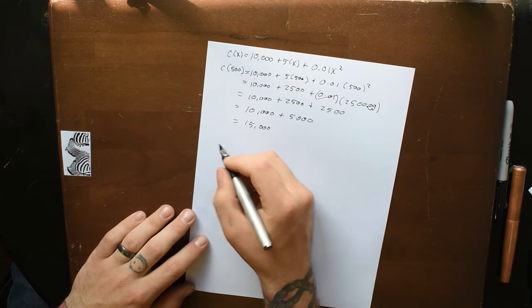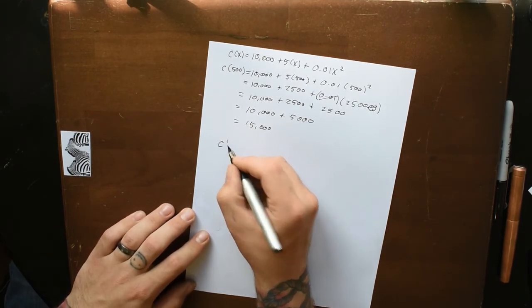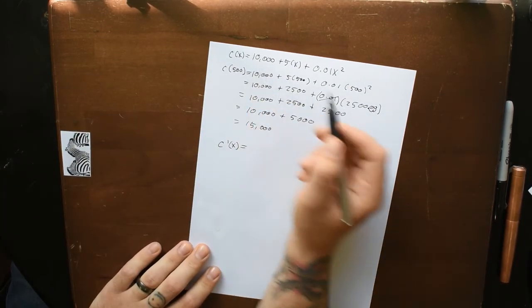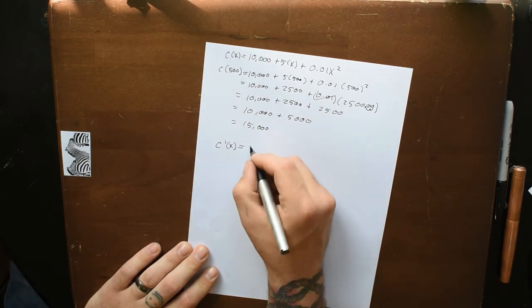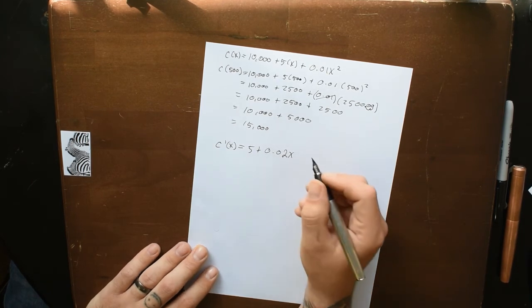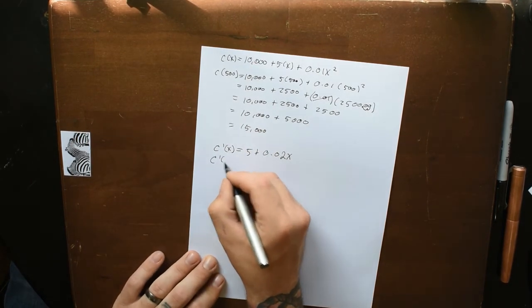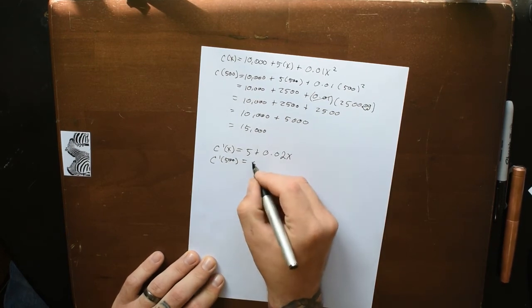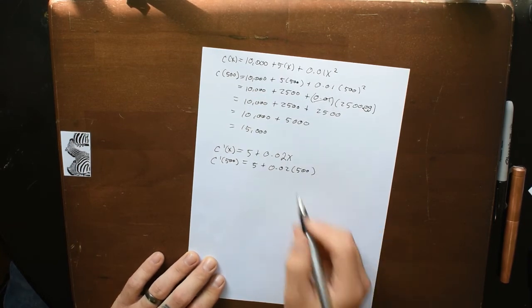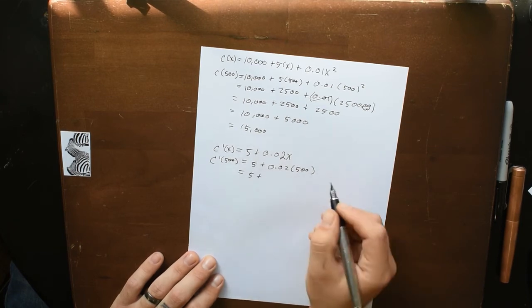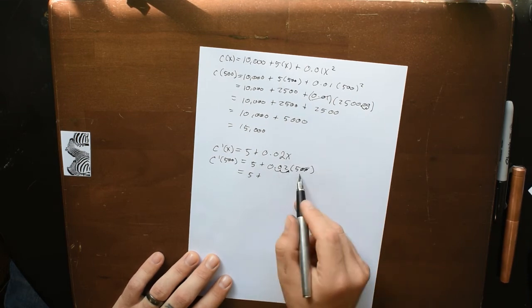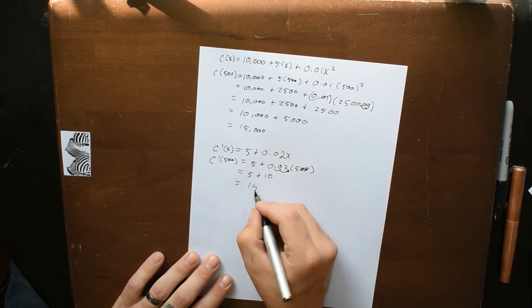But how much is that cost changing? What is the marginal cost? Well, the marginal cost is the derivative of the cost function. The derivative of a constant is 0, the derivative of 5x is equal to 5, plus by our power rule, this becomes 0.02x. And now the marginal cost is going to be 5 plus 0.02 times 500, which is going to be 5 plus, that would move it over 2, that would cancel out with that, 2 times 5 is 10, and we get